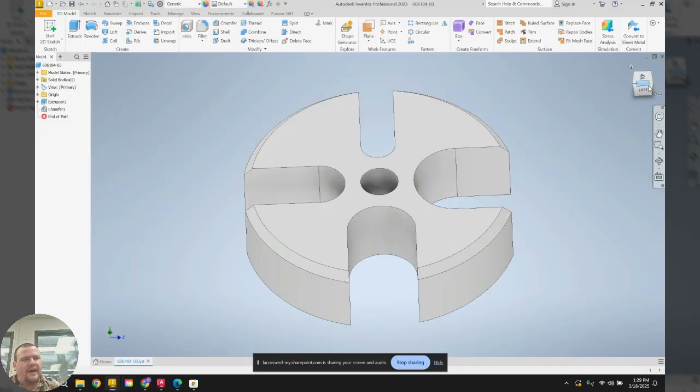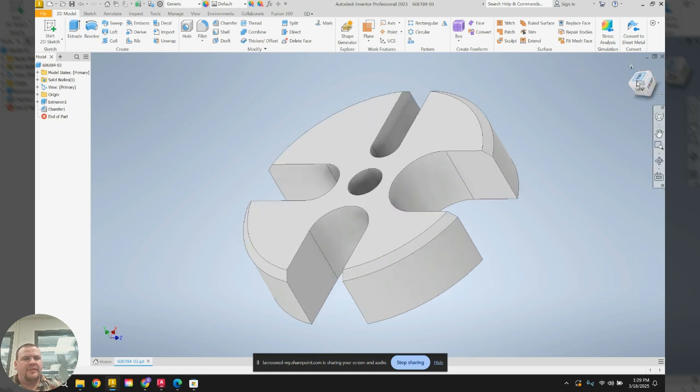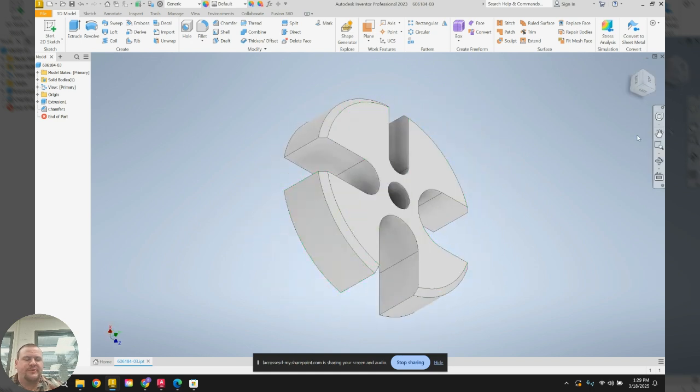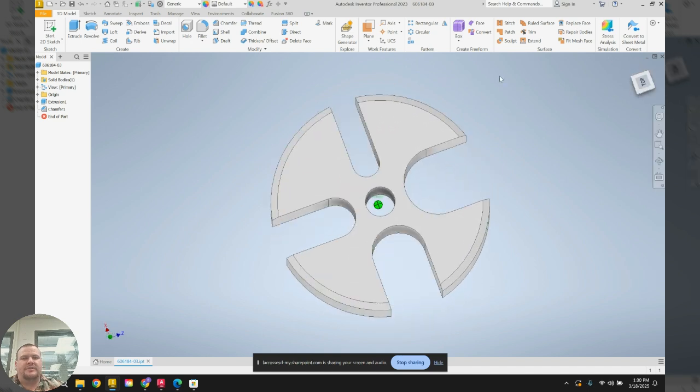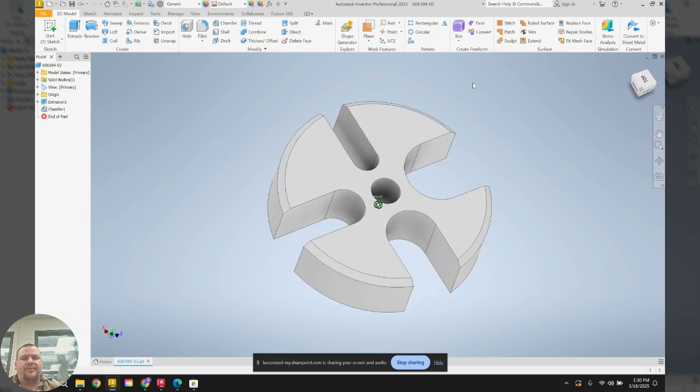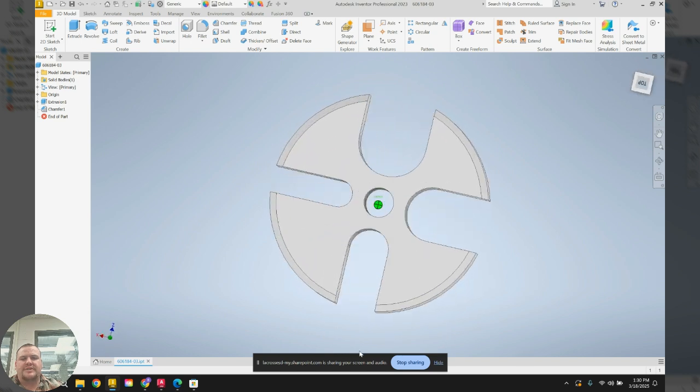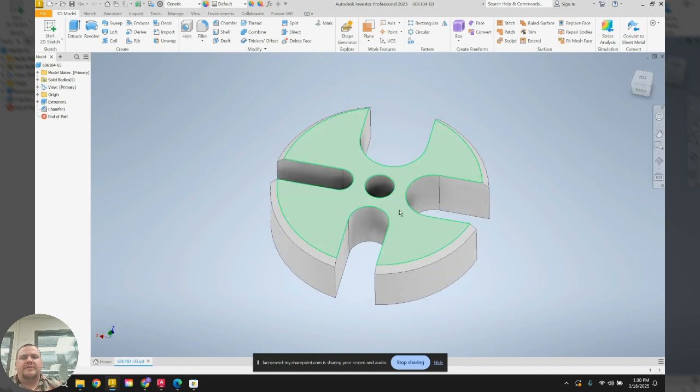Here I have just a sample part. This is one of the parts from the Arbor Press project. It seemed to be kind of a challenging one for a lot of students, so I'm going to go ahead and 3D print it to help show us for next year. So to save this part as a